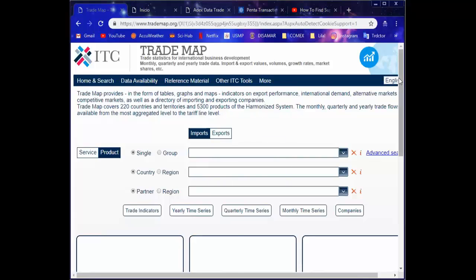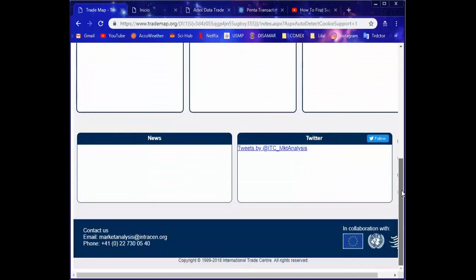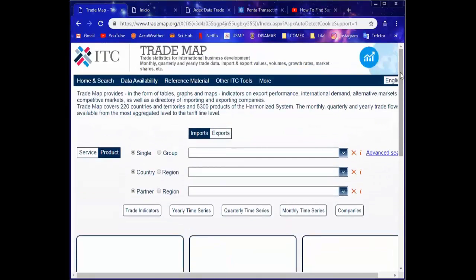You can see here that it has a lot of details that you can look up later, maybe when you have a little more time. This web page works in collaboration with the European Union and also with the World Trade Center.